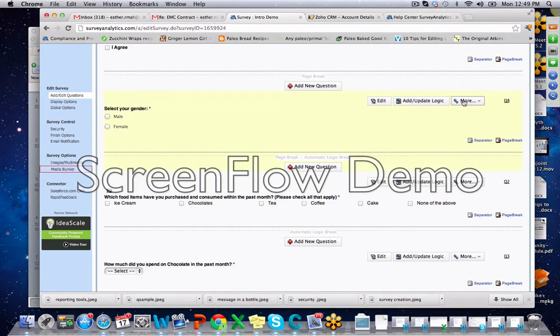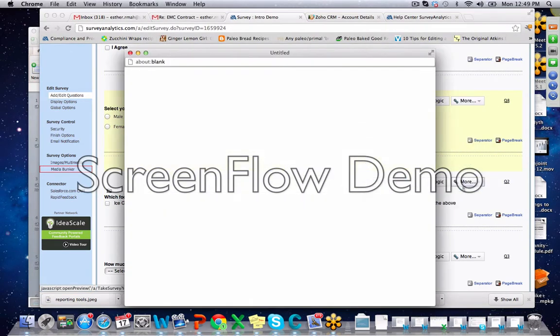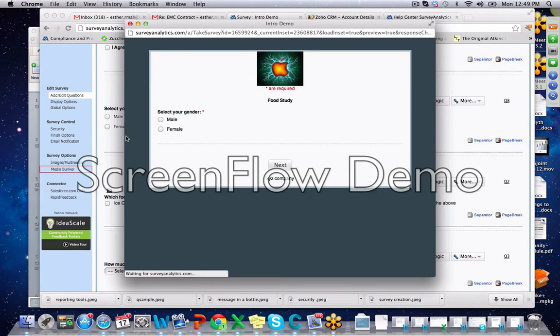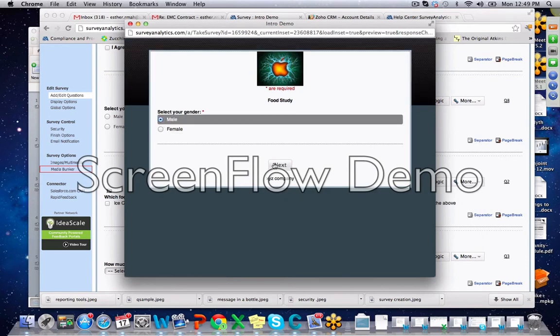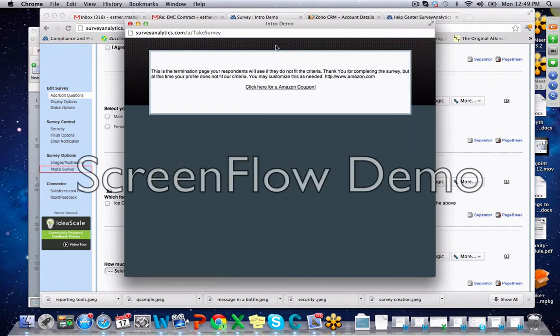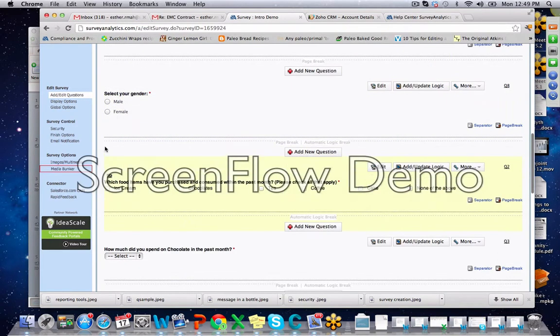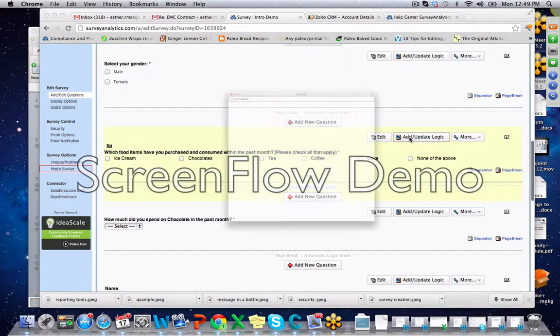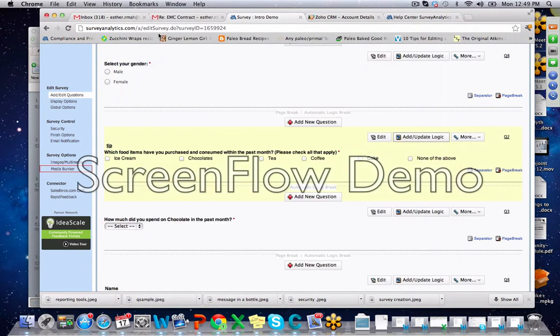And then you can go in and test out your survey as many times as you like by doing just a quick preview. I'm just going to go in here and make sure that my terminates are on. And then here we have it going directly to where I need to go. So that's great. And the next one I have here is another kind of branching where we are going to